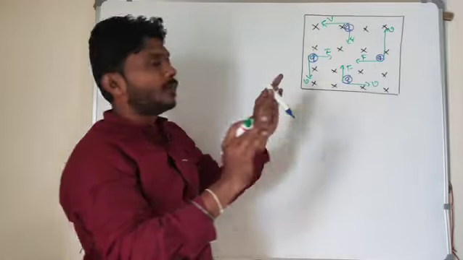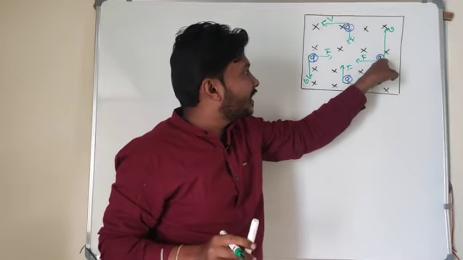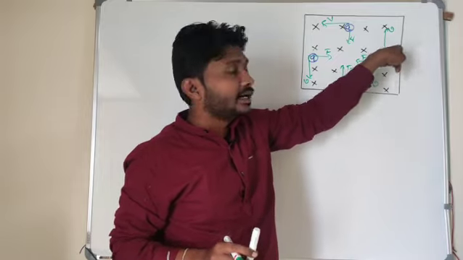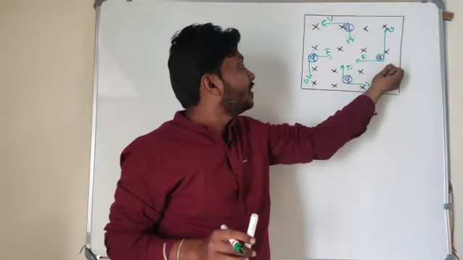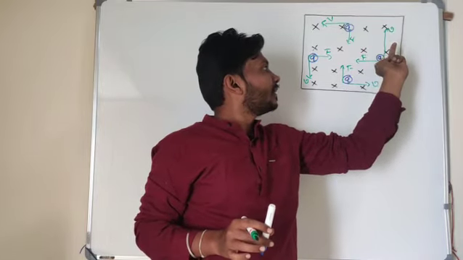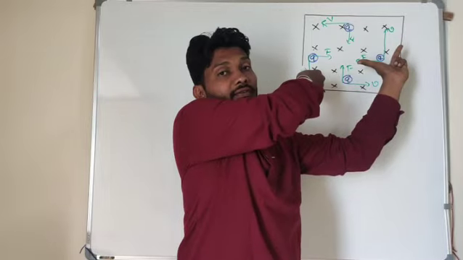Force is in upward direction. Did you get my point? Look at here. If the charged particle is here, this is the velocity of the charged particle. Inside, the magnetic field lines are into the plane. Force is inward direction. Look at here. This is the direction of the magnetic field. This is the direction of velocity of the charged particle. This is the direction of the force.